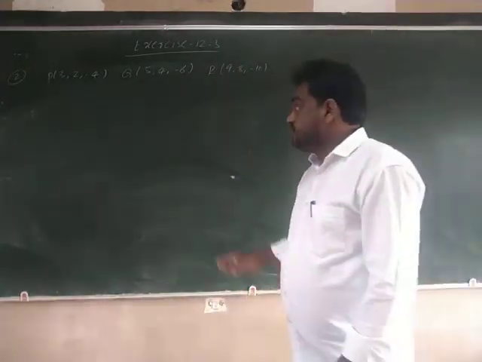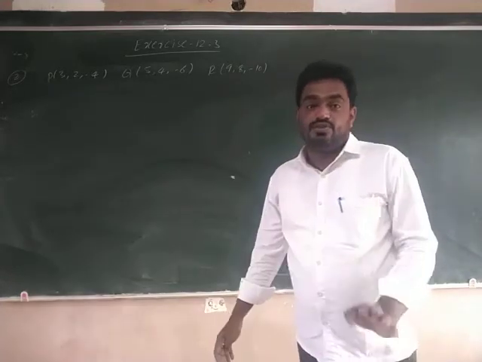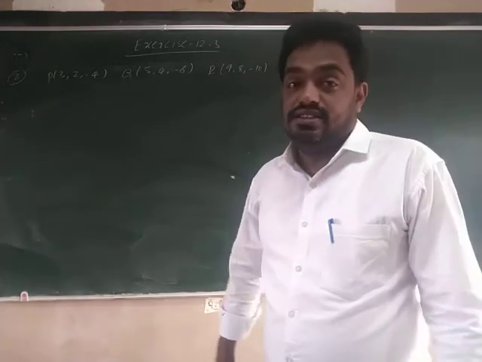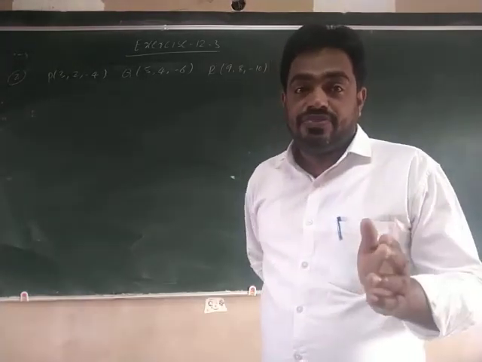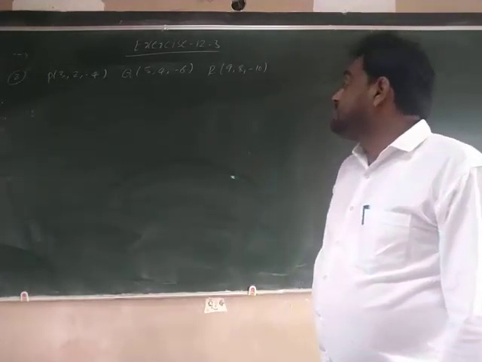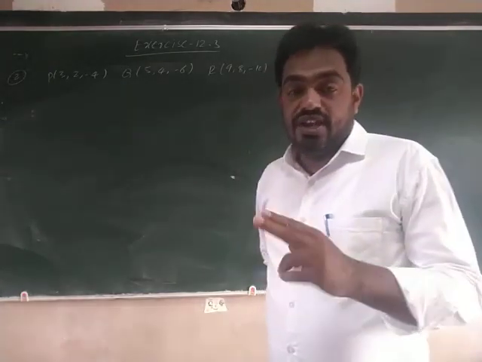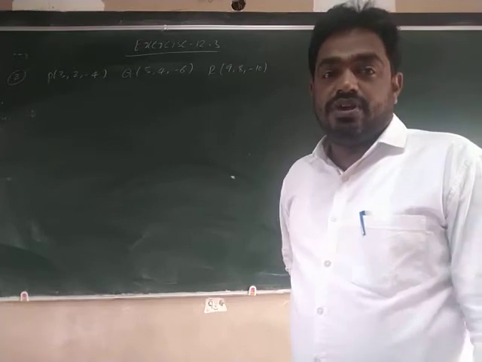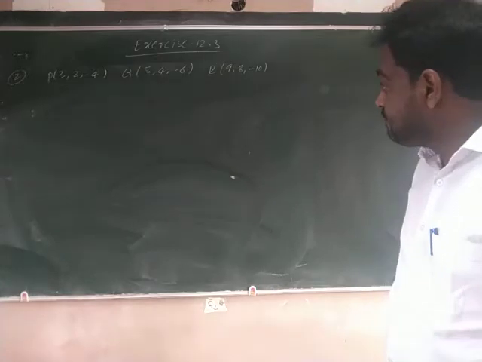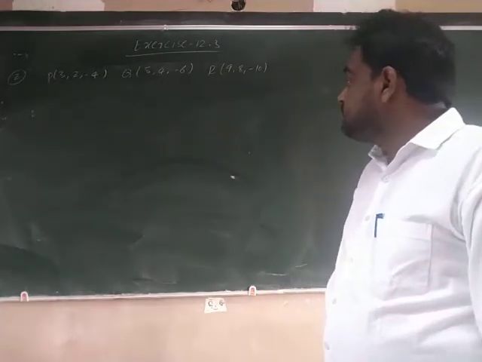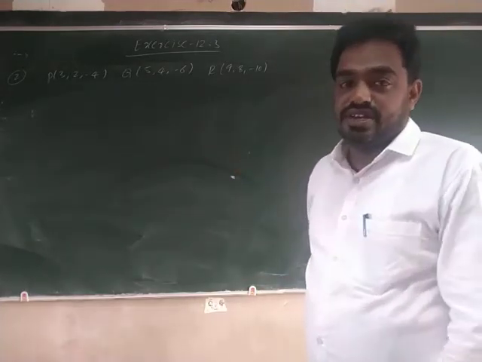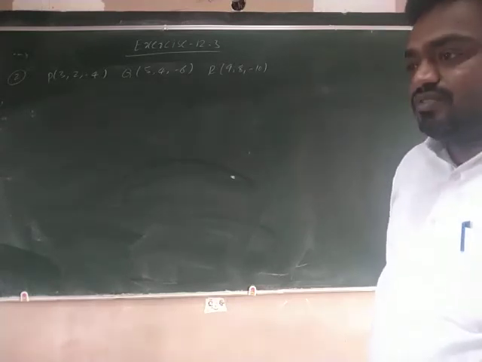So first we need to prove these are collinear. We already have two methods from the earlier exercise in this chapter, where we solved for collinearity of given points. How do we prove it? We find the distances PQ, QR, and PR. If the sum of any two distances is equal to the third one, then P, Q, R are collinear, like PQ + QR = PR, otherwise PR + QR = PQ. So that is one method, and we already know that method.